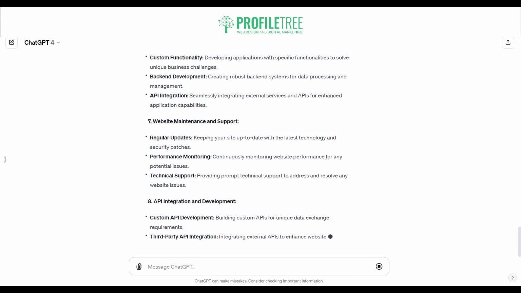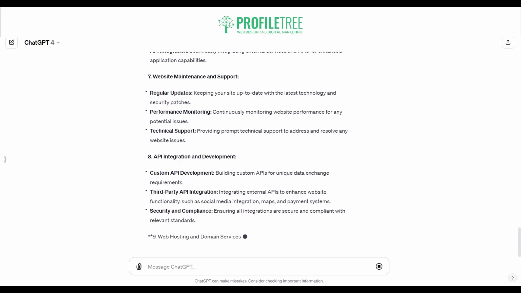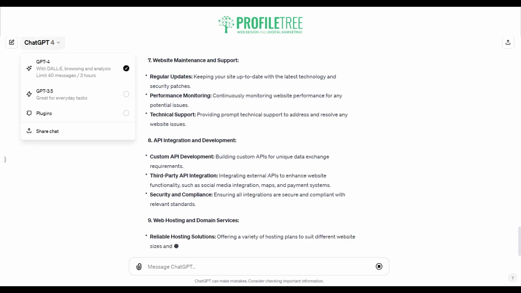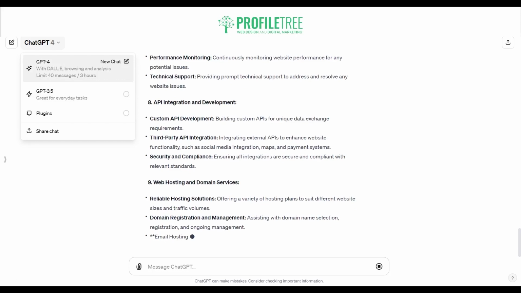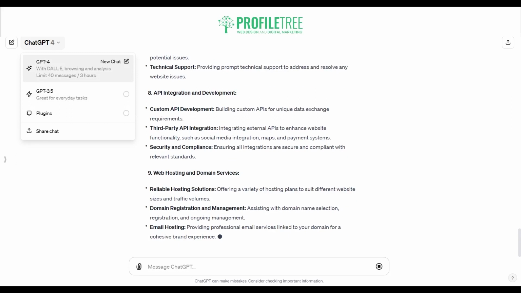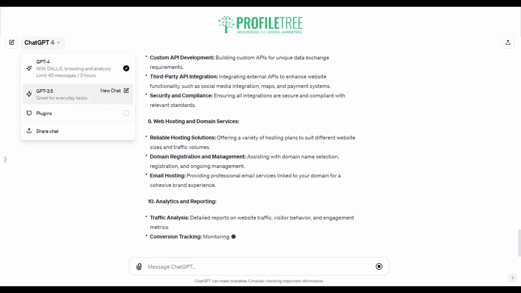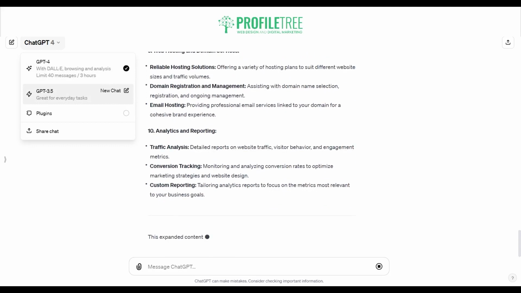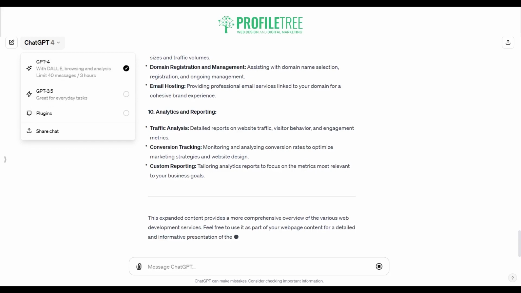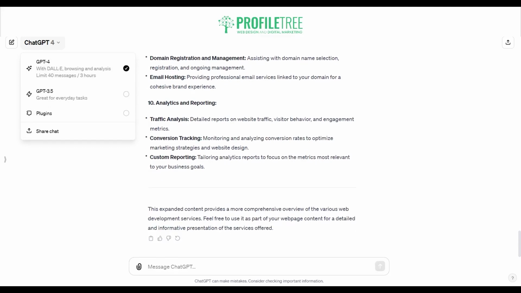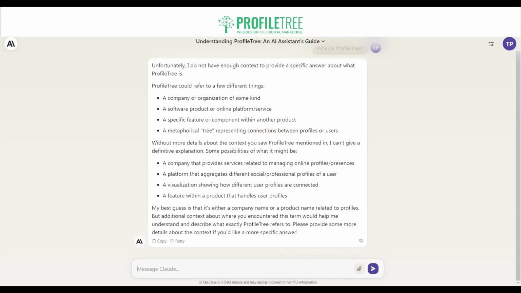Now, there is two types of ChatGPT learning models. There is 3.5 as well as ChatGPT 4. ChatGPT 4 is something that you will have to pay for, but you are limited to 40 messages or 3 hours. And ChatGPT 3.5 is something that is for free. So all you need to do is just set up an account, and you're able to use the tool for free. So anyway, apart from ChatGPT, you do also have different platforms as well, like Claude AI.